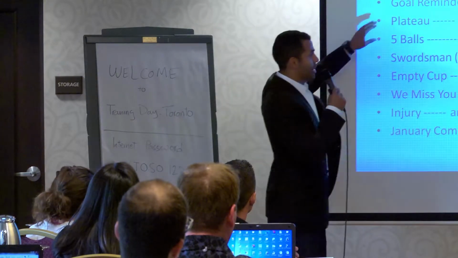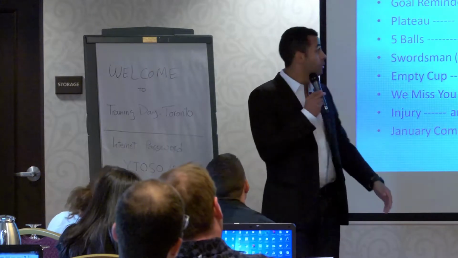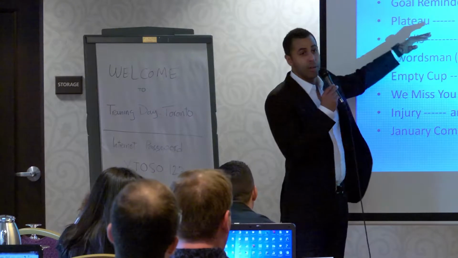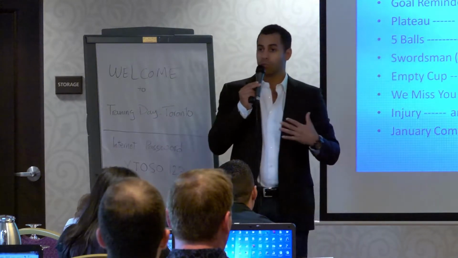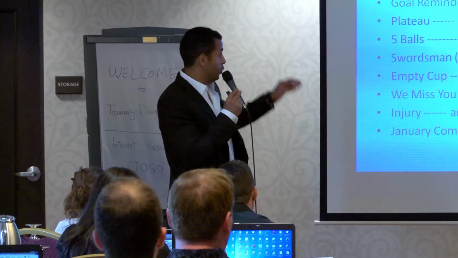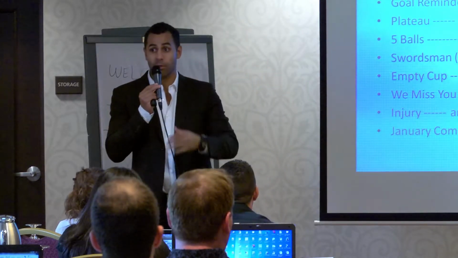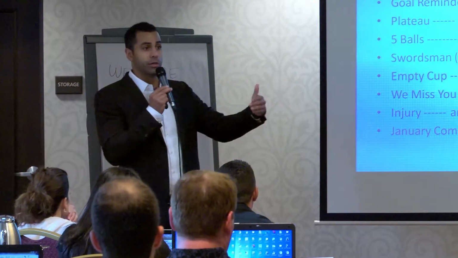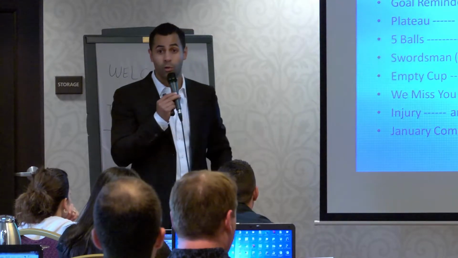As soon as somebody misses a class, for B students, they can get an email that says, hey, we missed you in class. Very simple. C students, this is just an example of an email. There's quite a few, right? A goal reminder. For us, every level students have to fill out a goal setting sheet, and we write that into Perfect Mind. So it will actually take their goal and send it to them in the email and say, hey, remember this is your goal. We want to get you back on track, et cetera. So it's just like a personal touch. It's actually personal because they're the one that wrote their own goal at that level.